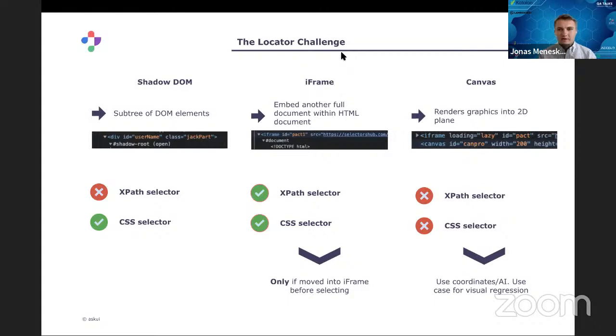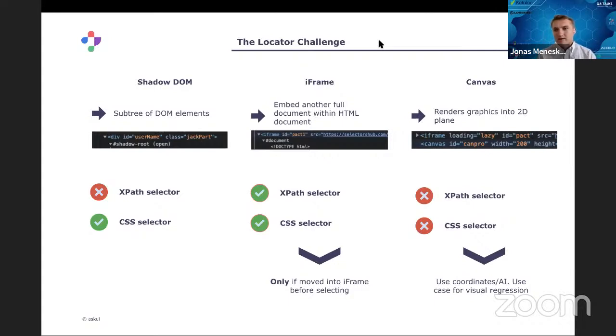So it's not easy to integrate into a no-code automation tool to actually do this if they are based on, I don't know, some kind of Selenium under the hood or whatever frameworks they use. And then you try to find this iframe and move into there, and then you can grab those selectors. And this is also challenging. You have to look in the automation tool if it is supported.